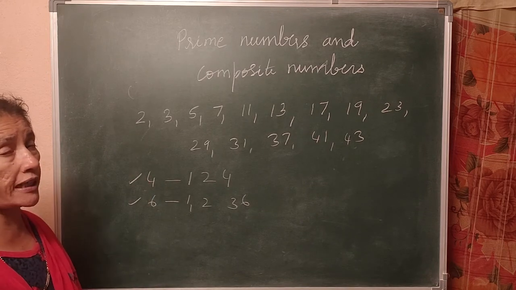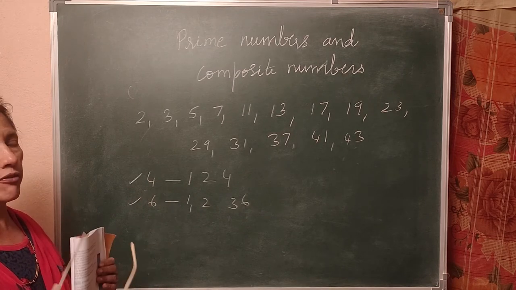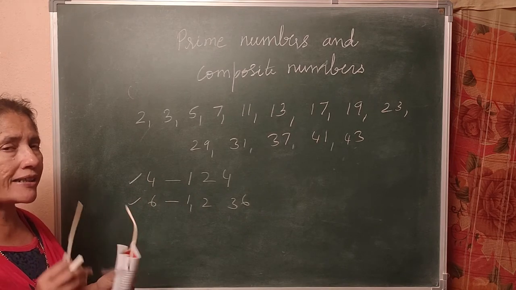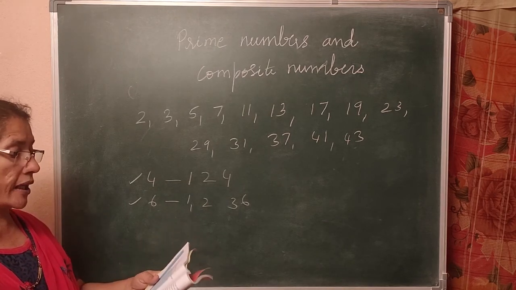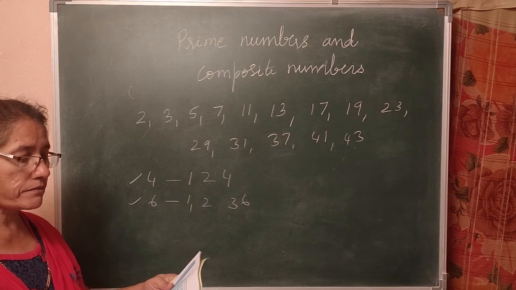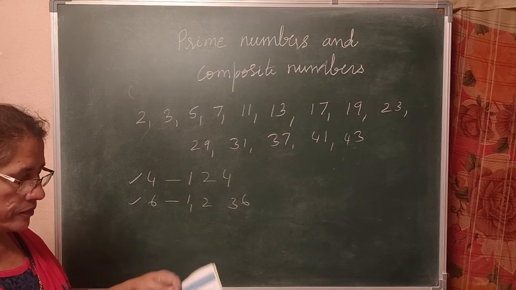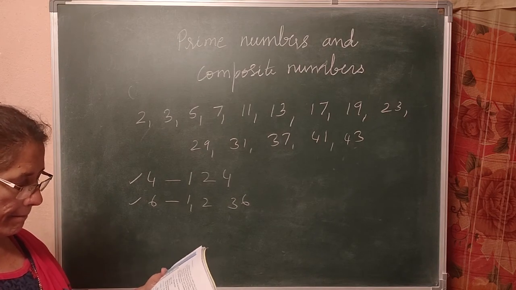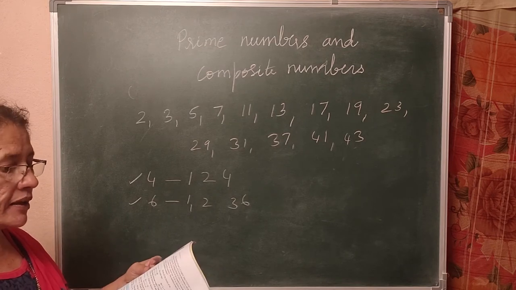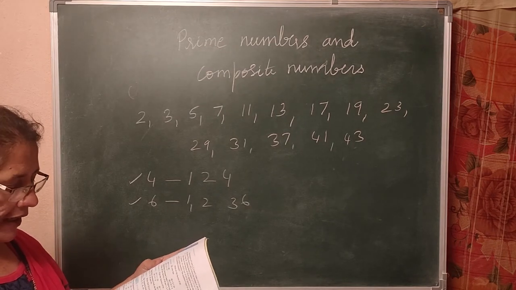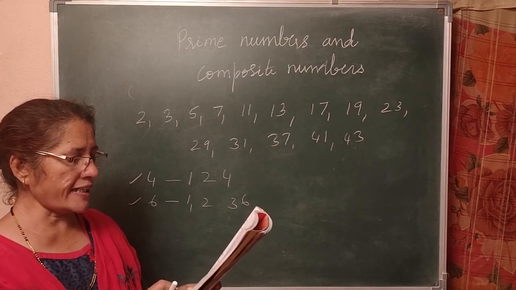Now you understood clearly the meaning of prime numbers and composite numbers. With that knowledge, let us come to the example sums. Look at that page number. Example 3. Go to page number 51, where in the box they have given, 1 is neither